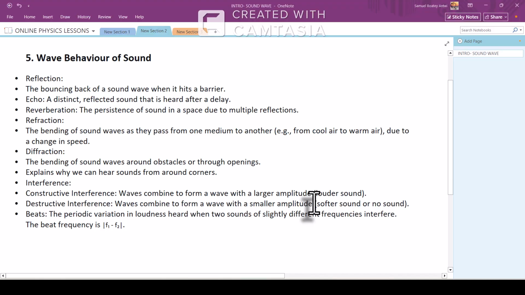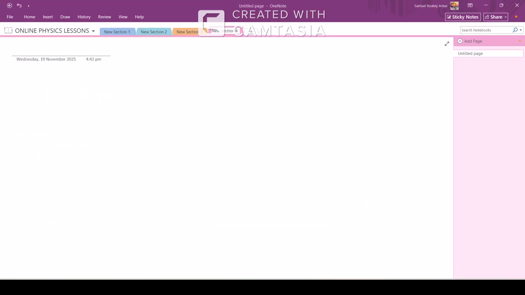Diffraction is the bending of a wave as it moves through a narrow aperture. So I want to annotate now. So for